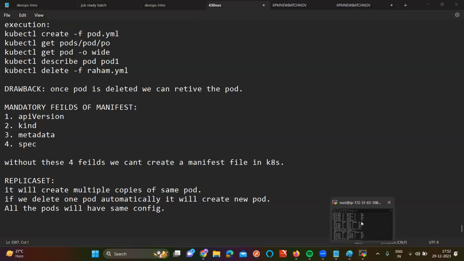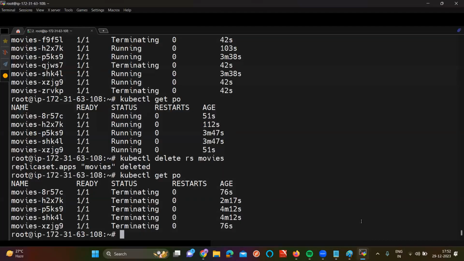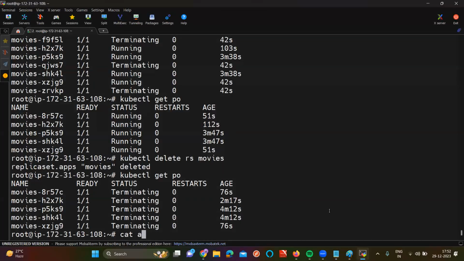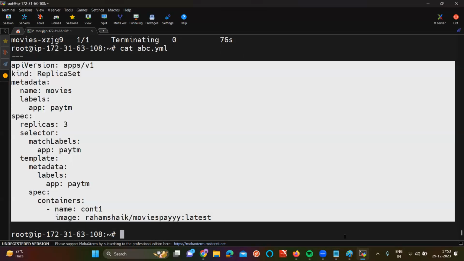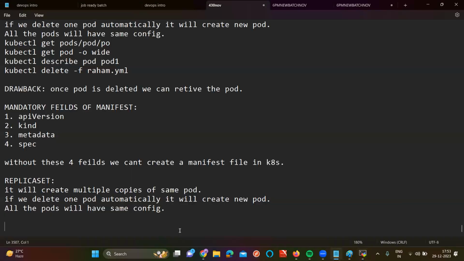And after practicing this, delete this server, guys. Why? Because Minikube is paid, right? We are using T2 medium. Is T2 medium free? No. So it is paid. So delete this one.